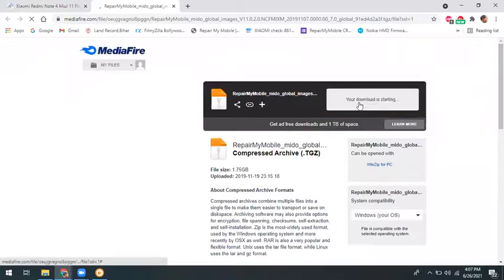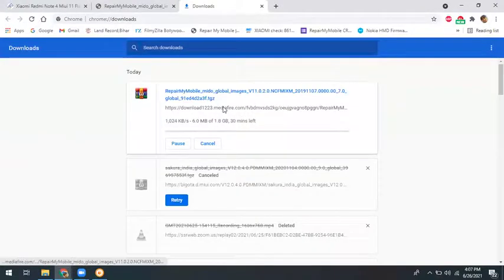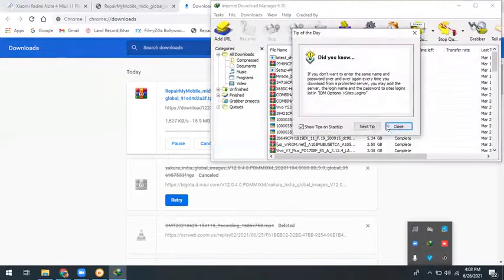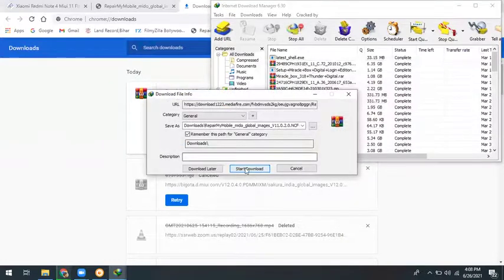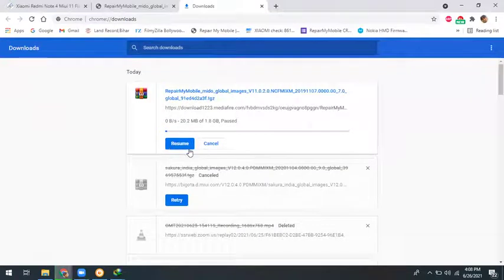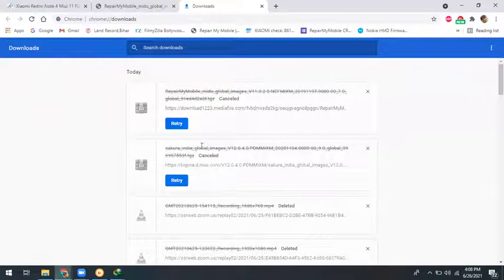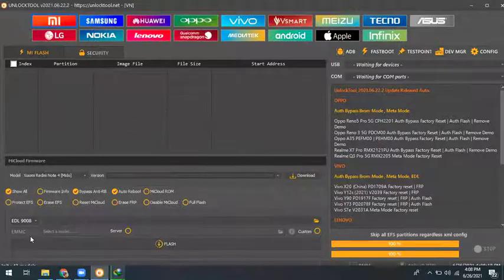Now I'm downloading this file, 1.7 GB. Okay, now it's downloading.